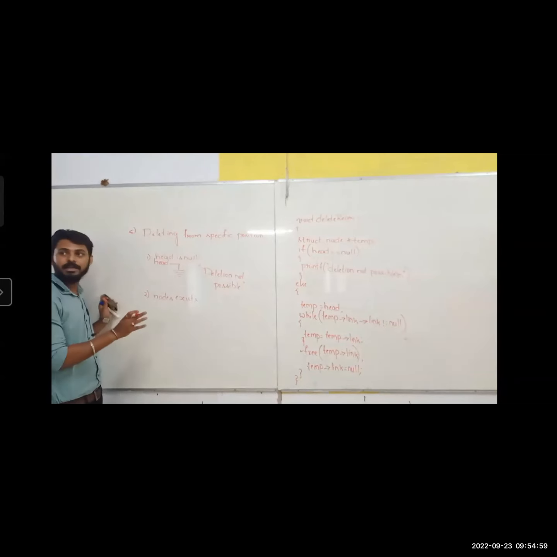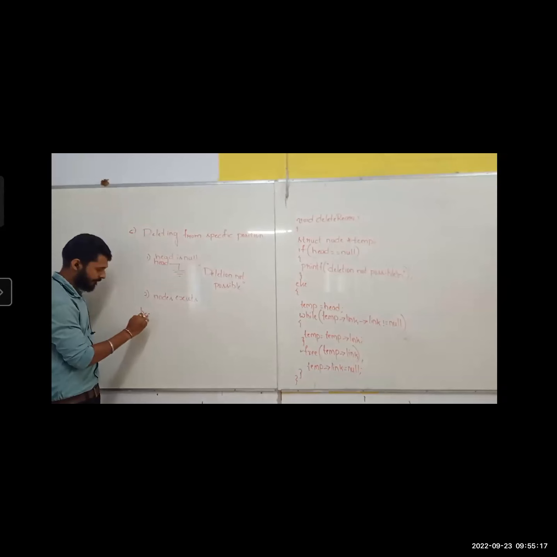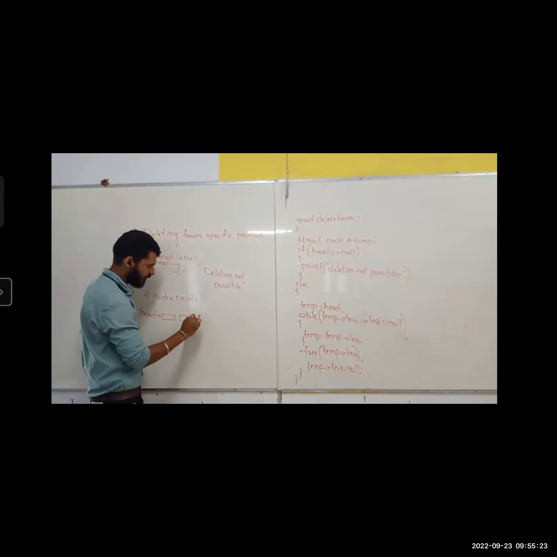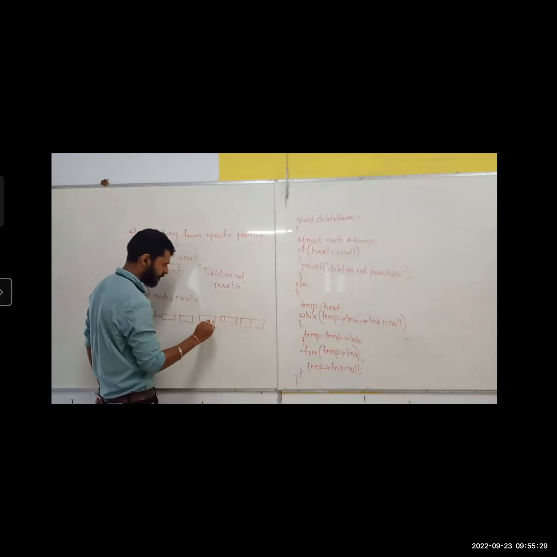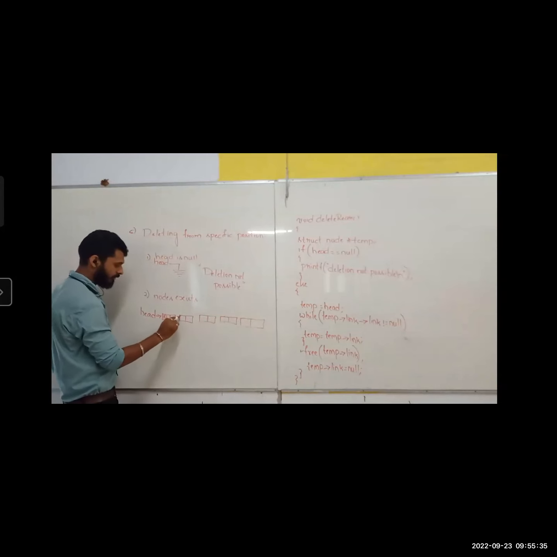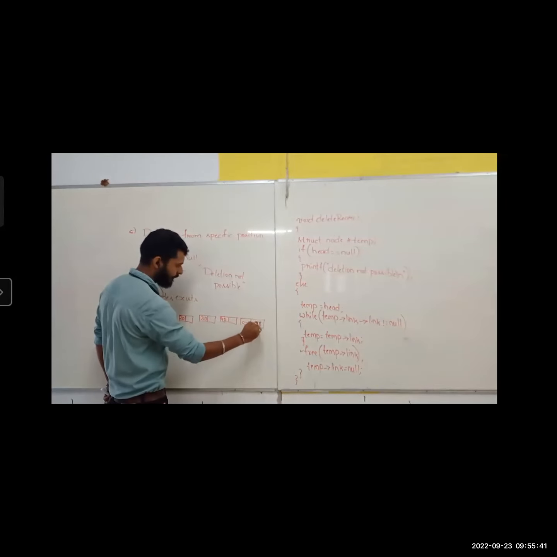Please understand, if you listen, definitely you will understand it for sure, and it will be very easy for you to answer. Okay, don't think about the code part, what I should write, forget it. I'm just asking you with respect to the diagram. At least with respect to the diagram, all of you can think, right? There is head here, and head is pointing to the first node. Here it is second node, third node, fourth node, and fifth node. 10, 20, 30, 40, and 50, and this will be null.